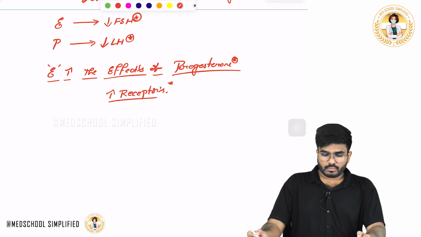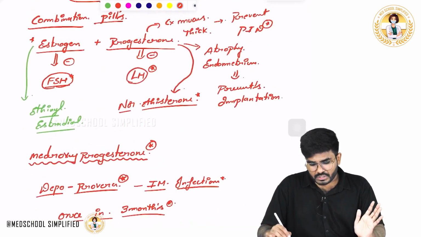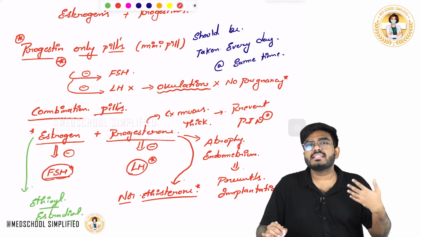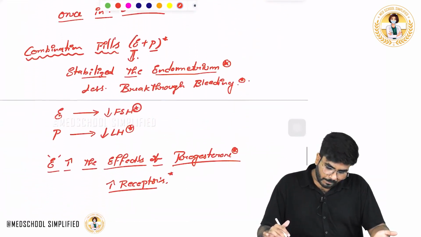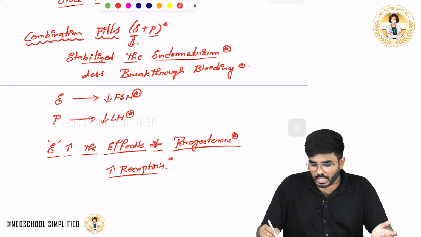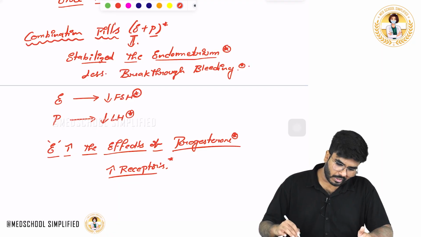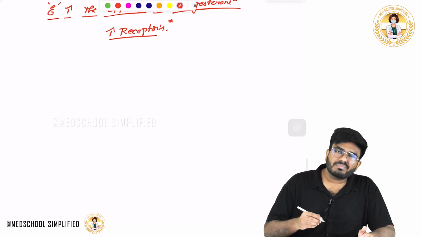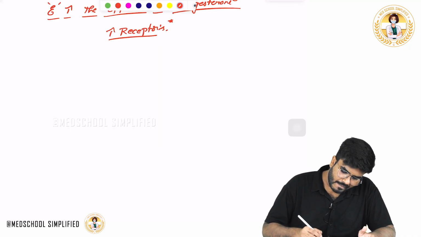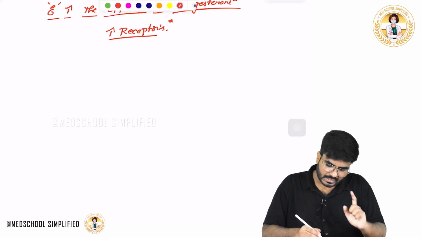Why I have discussed all this is because, compared to combined pills, progestin only pills have a side effect of easy breakthrough bleeding. But the combined pills, which have both estrogen and progesterone, have fewer complications. This is the one point I want you to know. But what are the problems with these combined pills? Here also there is a risk of breakthrough bleeding, but lighter when compared to the progestin only pills.